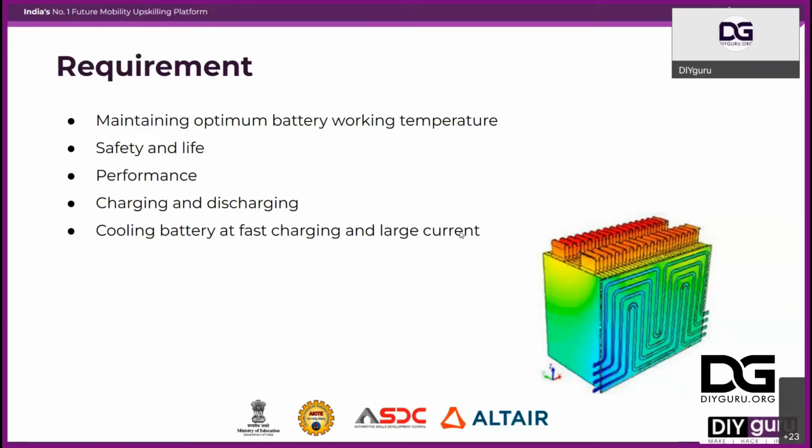Why? Because the battery life is getting reduced, as your cells are getting heated up, and its life is getting reduced day by day. Performance is like what I told you: if there's no proper thermal management, you won't be able to draw a high amount of current. For example, a standard cell has, at 1C charge, okay, if I